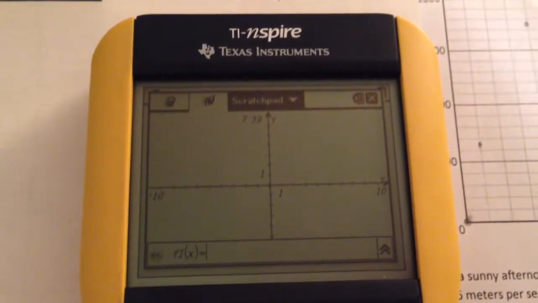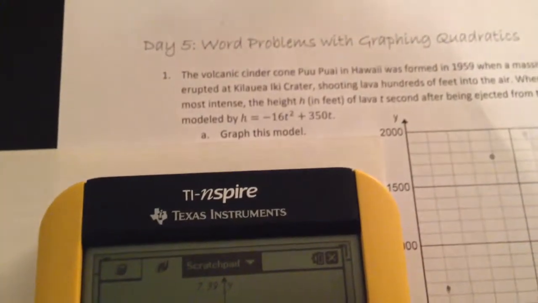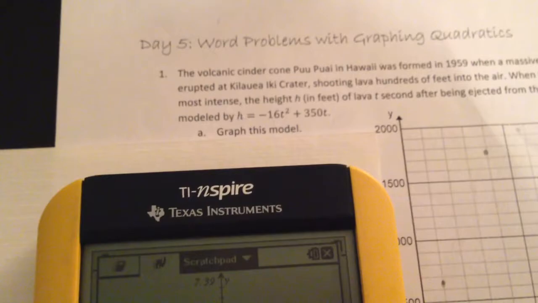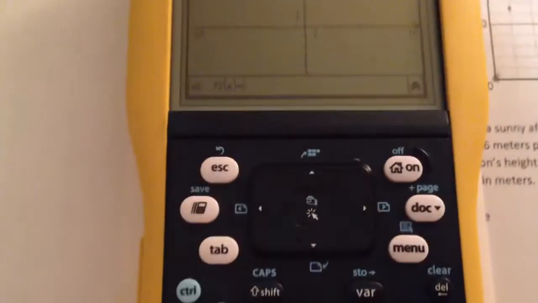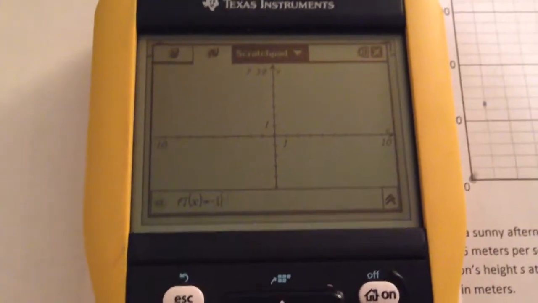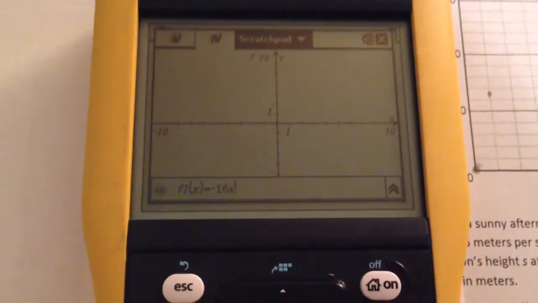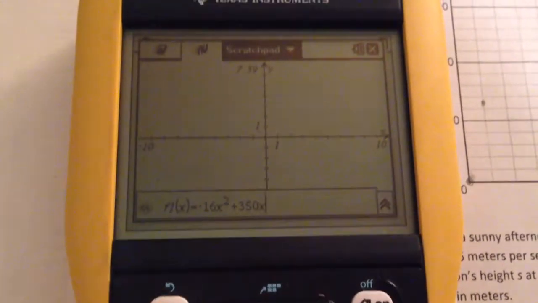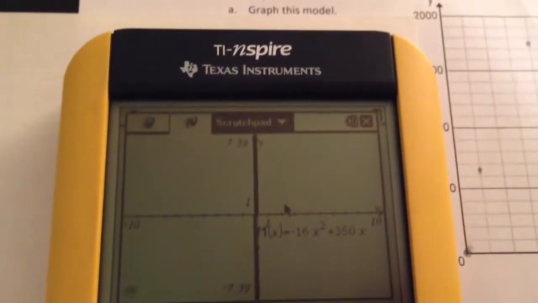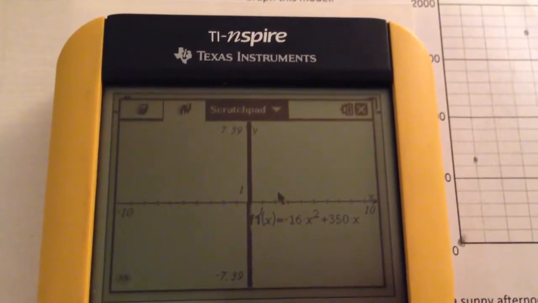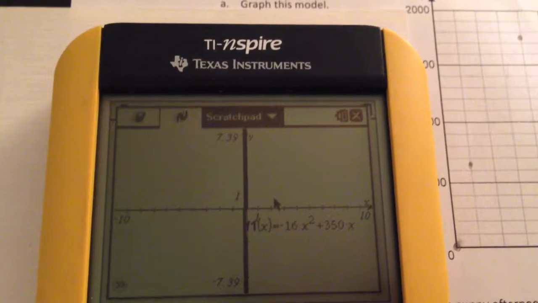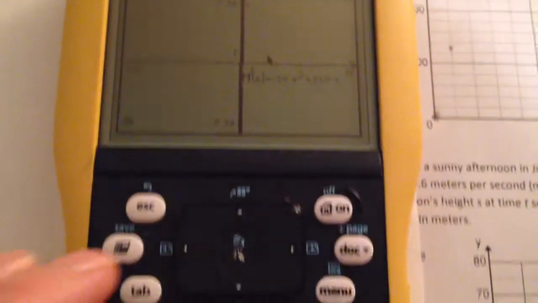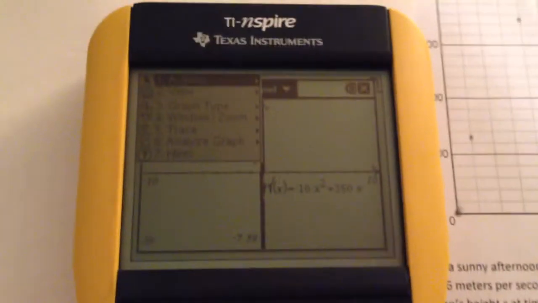You see where we can type in our equation, but instead of using t as the variable, we need to use x for the calculator. So we have negative 16x squared plus 350x. Hit enter to graph it, and now we have the graph, but we can't see it clearly, so we need to adjust our window. So we're going to go to the menu button,